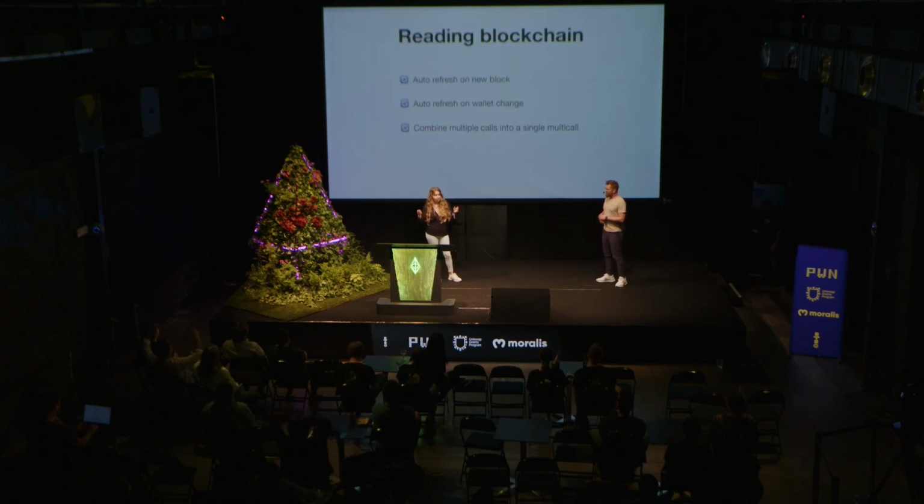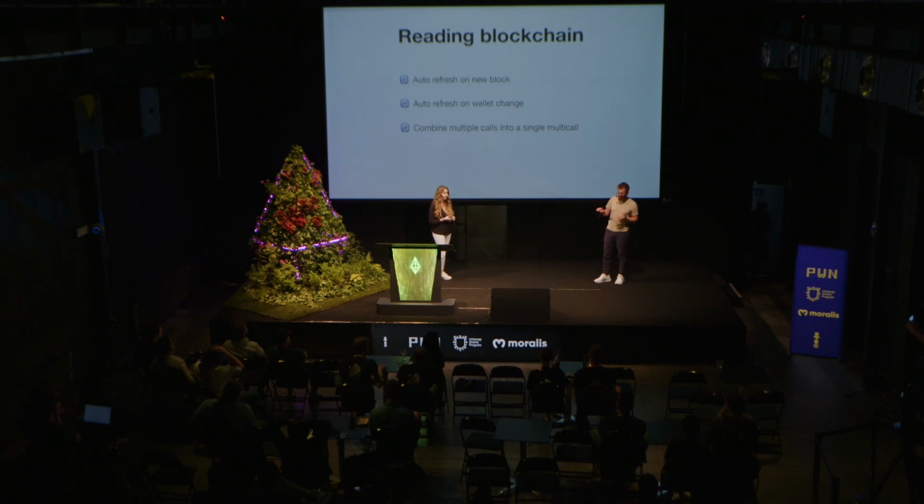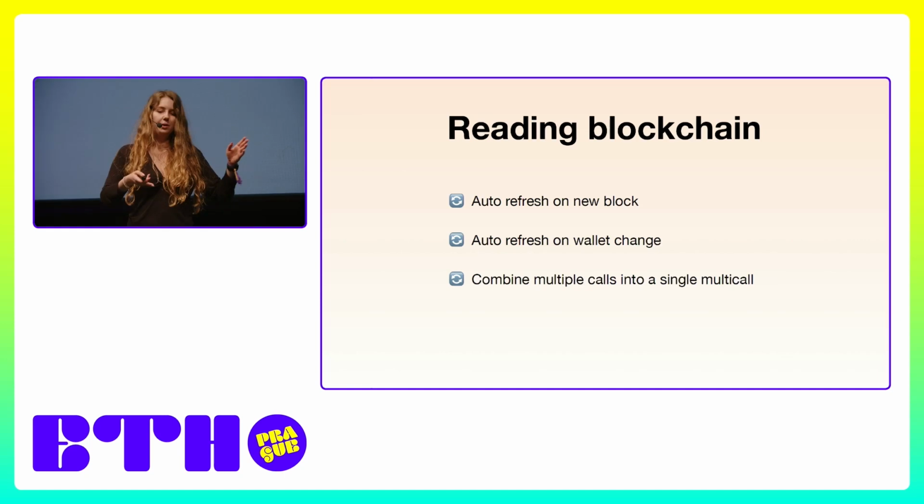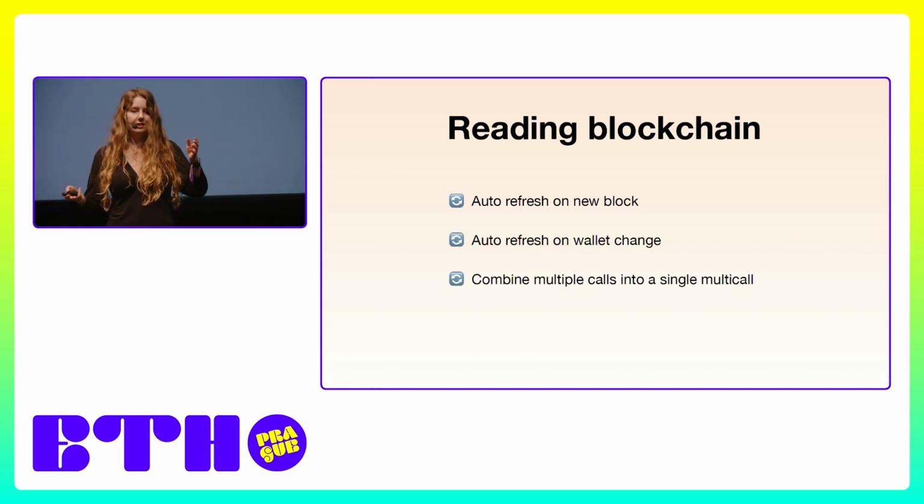Yes, so about reading blockchain state. I'm only going to add that what you can imagine happened on the video was that not only after connecting the wallet did it display the balance and the address, but also then we went into MetaMask and changed the network, and immediately the state was updated to show the balance on the other network, and when we changed the wallet, it also automatically changed the connected wallet to the other one and displayed the new balance. Exactly, and this is how we can actually read the blockchain state, and